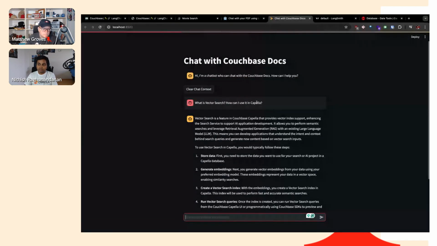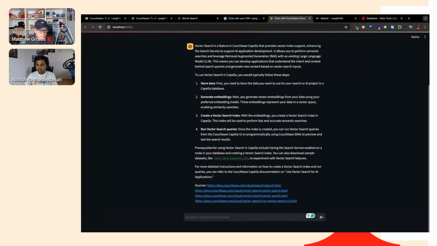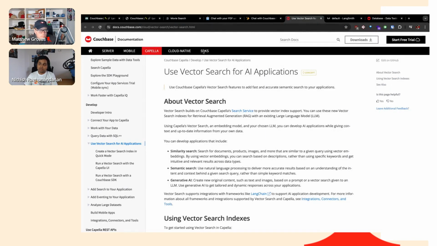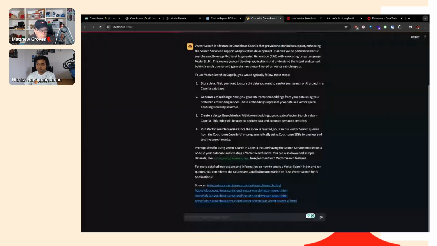Because by default, if you just do a vector search, you will just get a bunch of documents that might not be completely comprehensible. So you just get this and then send it off to OpenAI, and then it basically generates coherent text from it. And you also get some links from it. So as you can see, this is from the Couchbase docs.